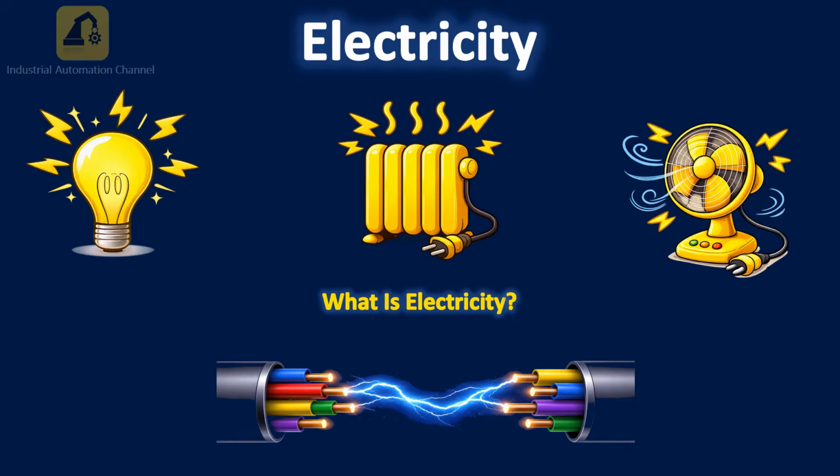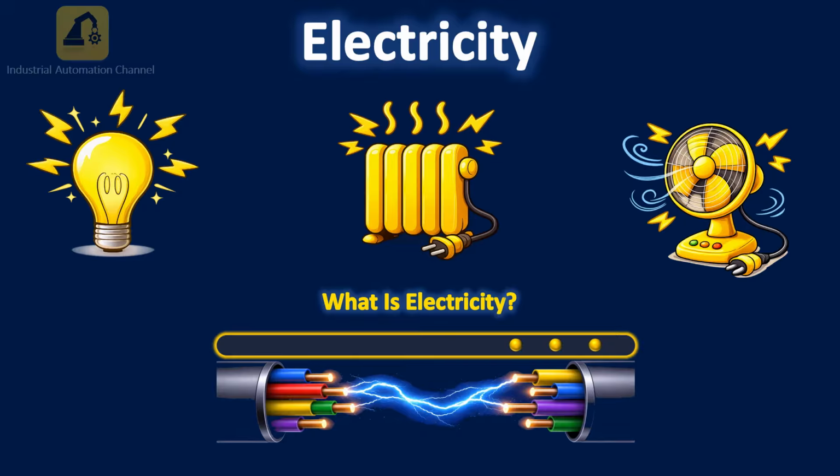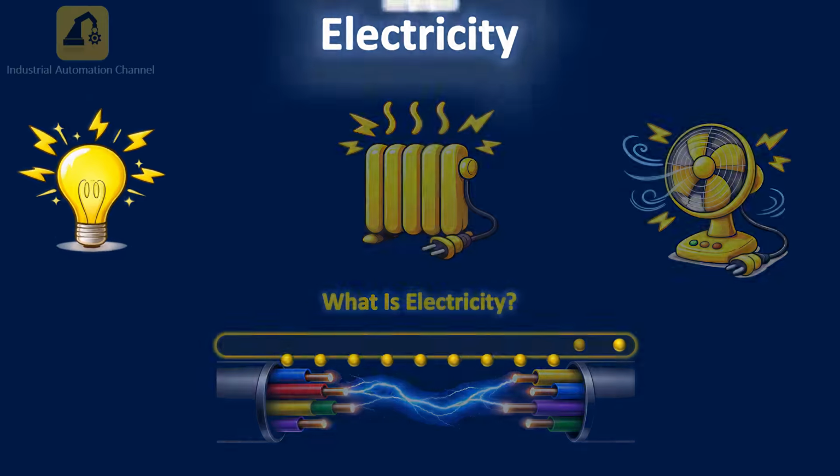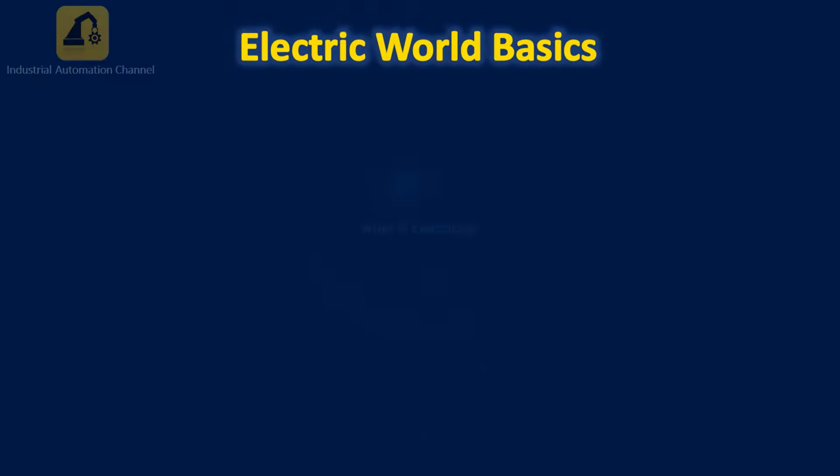If we can't see it, how can something invisible create all these effects? Inside a lamp, inside a motor, and inside every electrical device, something is moving. Something very small, something we can't see. So if we want to understand how electrical devices work, even at a basic level, we have to start from